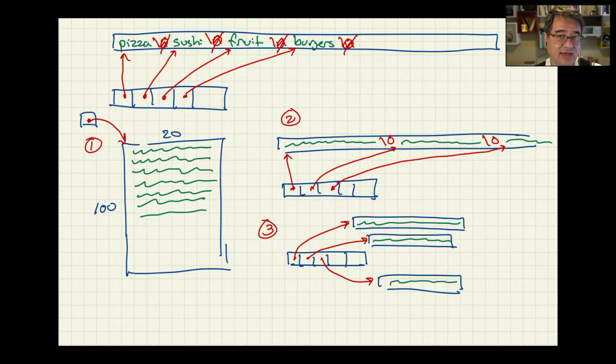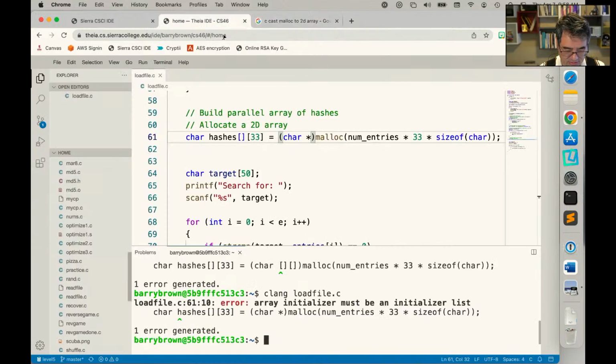So it thinks it's just allocating one chunk of memory that's just an array of whatever it is you're allocating, an array of bytes, an array of characters, an array of integers. It doesn't know what that memory is going to be used for or how it's going to be used. But we know that we are allocating space for a two-dimensional array. So we're trying to get it to set up so that the chunk of memory returned by malloc can be treated by the program as though it was a two-dimensional array,